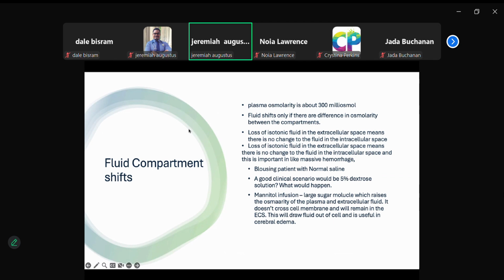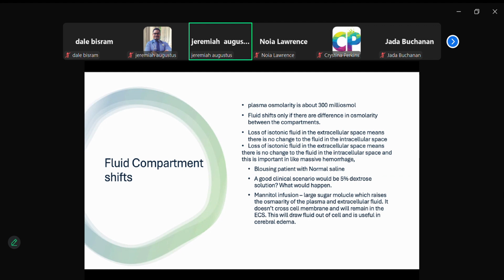If we use dextrose, initially it's isotonic, but then the body is going to use up the glucose and then it's going to leave free water. And then that water is going to move now because the water would have a lower osmolality than the intracellular compartment. And as a result, it's going to move into the cell and then we're going to have a rupture of the cell. So that is why we just don't give dextrose as